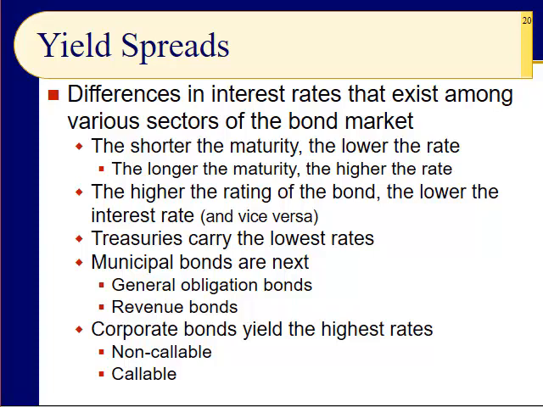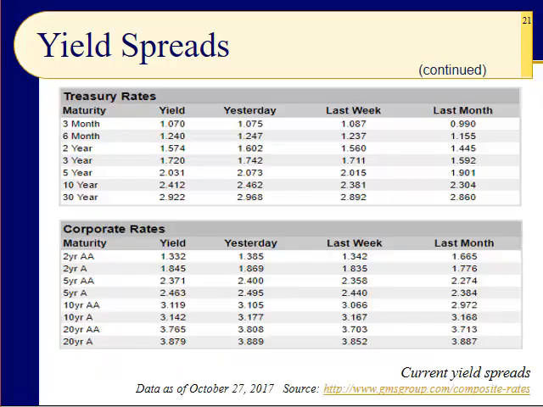Slide number 21. Here, as of October 27th, 2017, are the spreads amongst Treasuries and corporate bonds. So notice that the interest rates have come up. If you had looked at this just a year ago, it would be 0.2 for the 3 month. So they've come up, a huge percentage from what they were, but still very, very low. Interest rates are still low. And the 6 month a little bit more, the 2 year a little bit more, and 10 year, which is what most people will hear on the news reported, 2.4%.